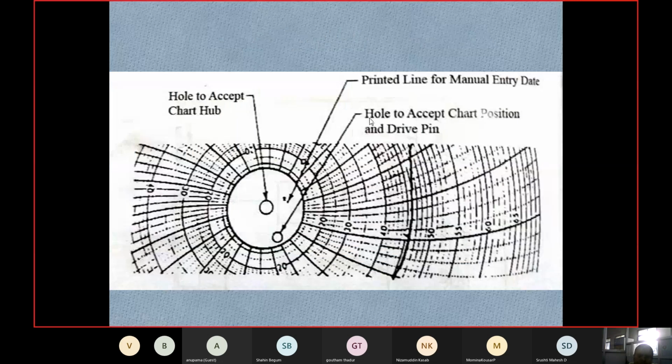This is one type, and this is how it is connected. The hole at the center is called the hole to accept the chart hub. Then this point is called the hole to accept the position and the drive pin. From this it will start, and it goes on reading and recording the value on the chart.